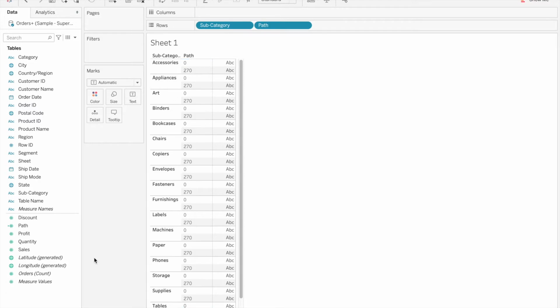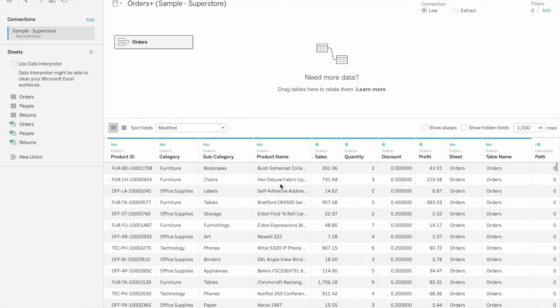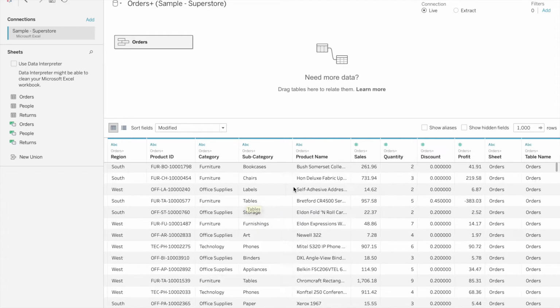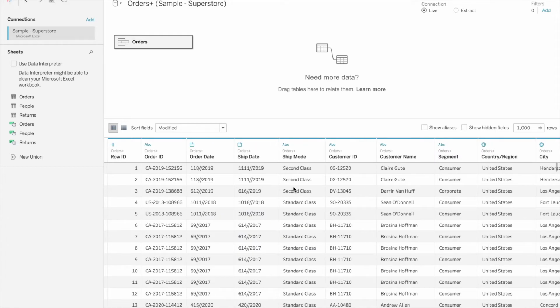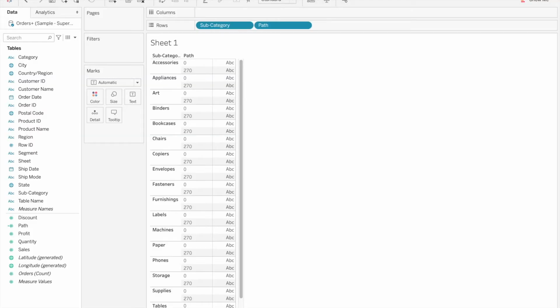Earlier in our sheet of orders we just had one point for each subcategory of sales. However, if we want to create a radial chart, we need to have 2 points, that is the starting point as well as end point. In order to have that, we create path.